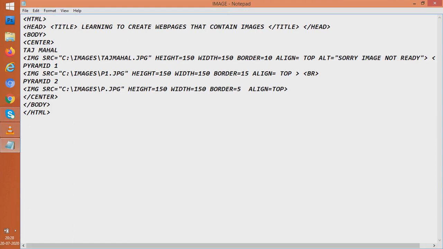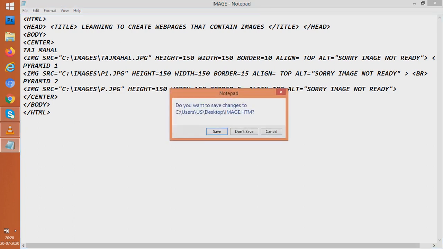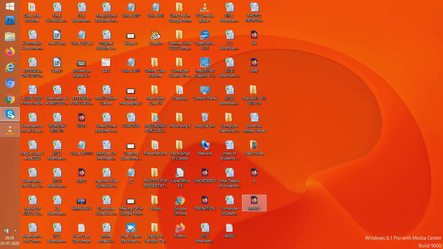Suppose sometimes the p1 file has been deleted and I am using this, then if the p1 file is deleted, the photo will not be shown. Or if p.jpg is deleted, the photo will not be shown. If the photo is not being shown, then this given word will come. So save it. Let us see how it looks.